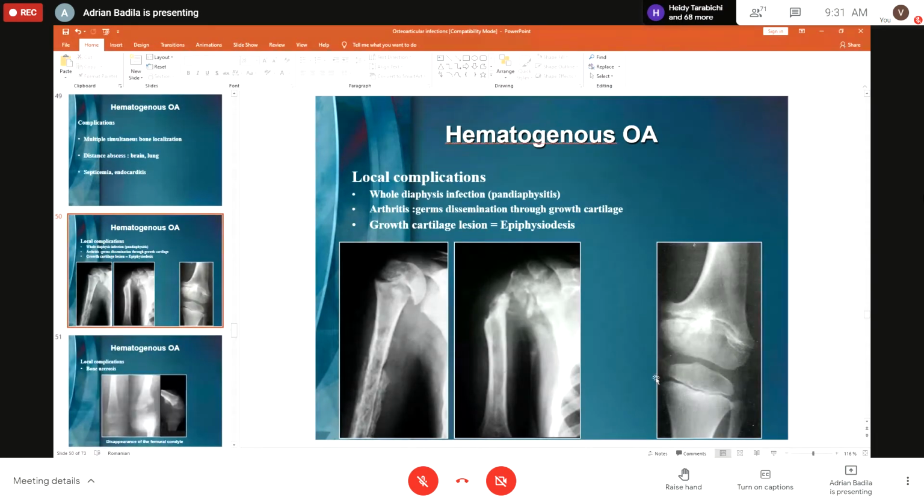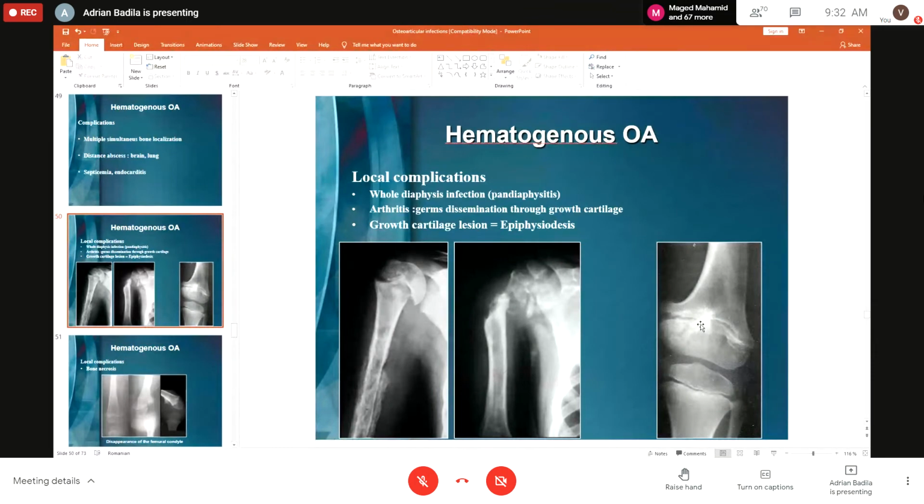The local complications are cold diaphysis infection, the so-called pandiaphysitis, arthritis with the germ disseminating inside the adjacent joint, and the patient can present also lesions at the level of the growth cartilage, like here on the right. Here is the growth plate, and here we have an infection with lesion of the growth plate that will lead to an epiphysiodesis, and that in time will lead with